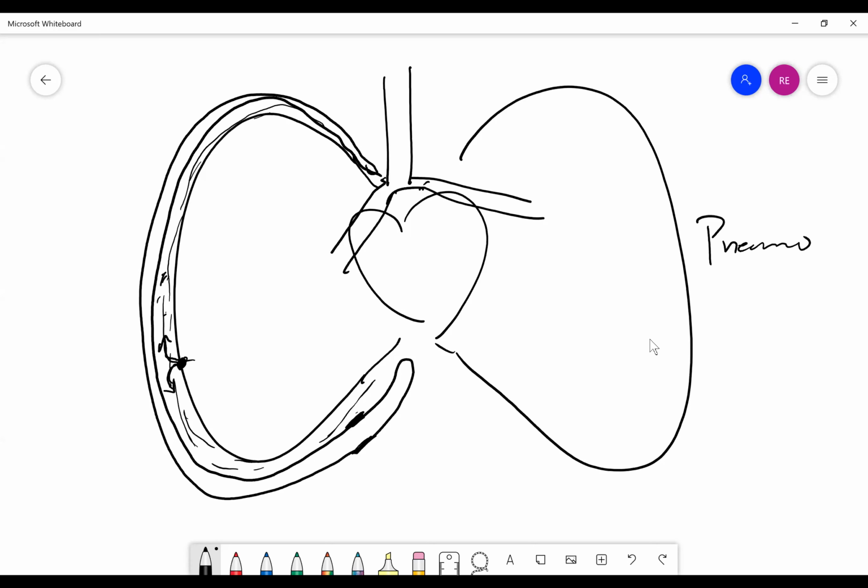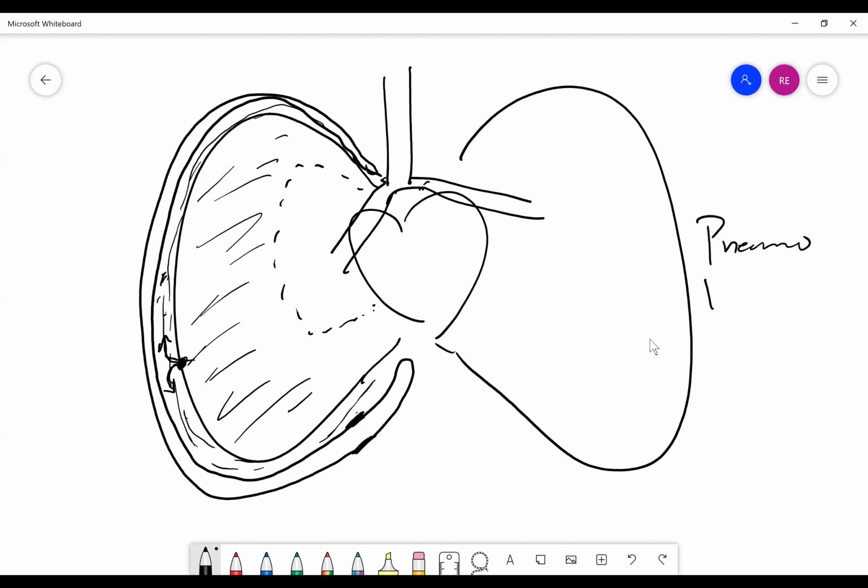Eventually that air will accumulate and occupy more space, collapsing the lung. So the lung might only be able to expand this much. This obviously collapses the lung because the rest of the pleural space is now filled with air, blood, or